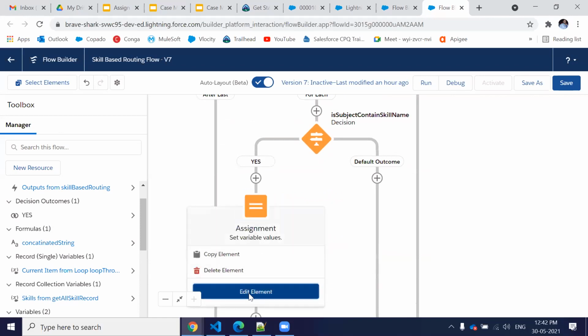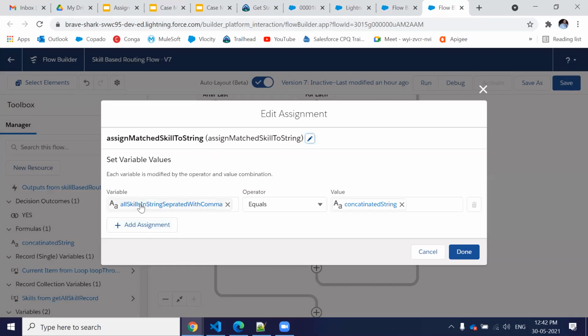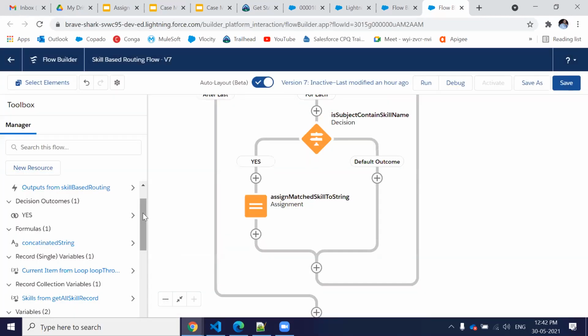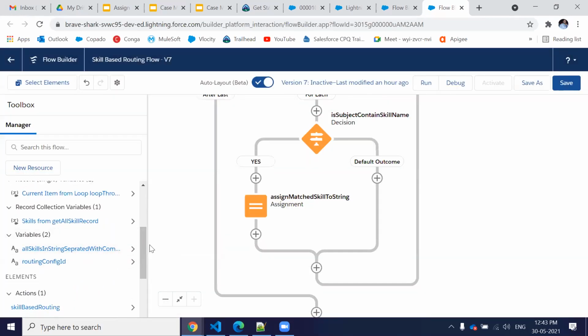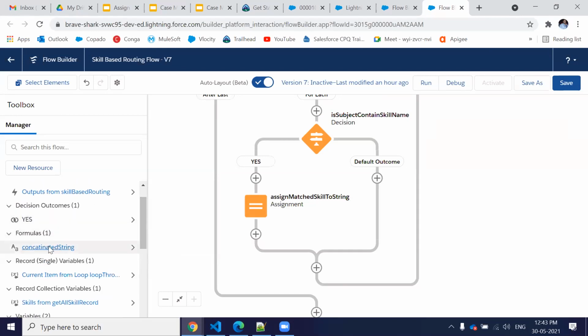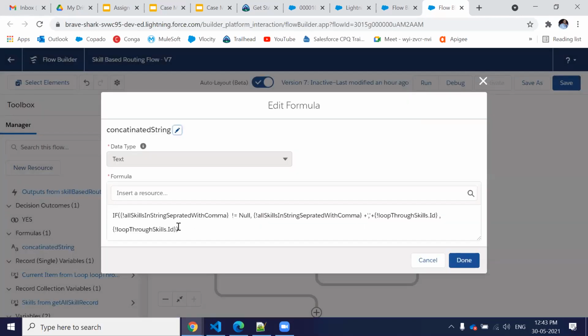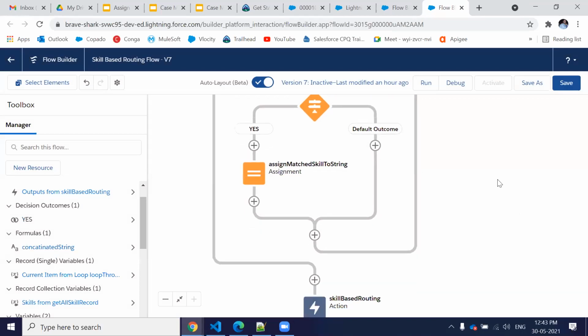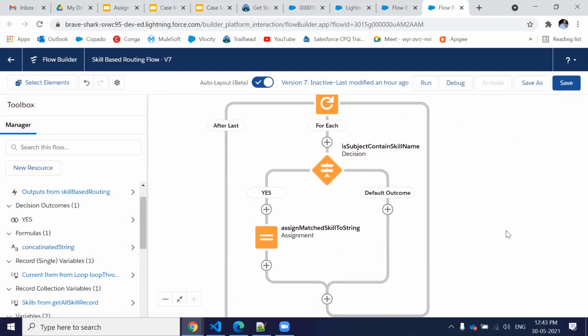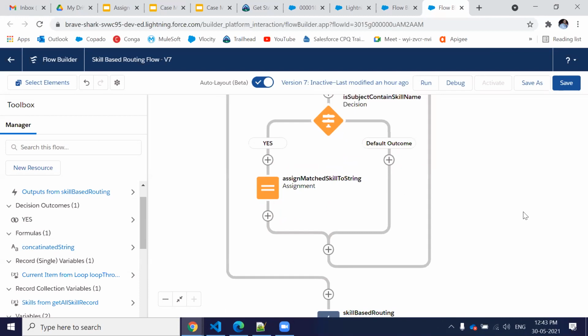To do that, I'm just taking a string with comma separated values. I have created a formula field to concatenate the skills with the comma, where I'm just checking if it is not equal to null, then directly assign with the comma separated value, and that's it. I'm taking those skills, whichever is going to match with the case subject, I'm assigning.